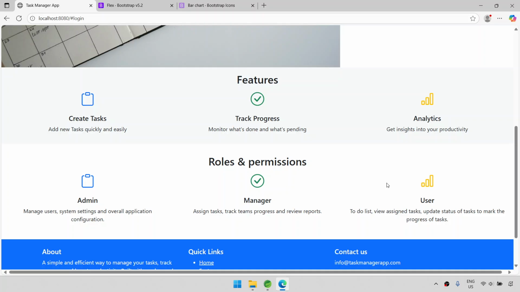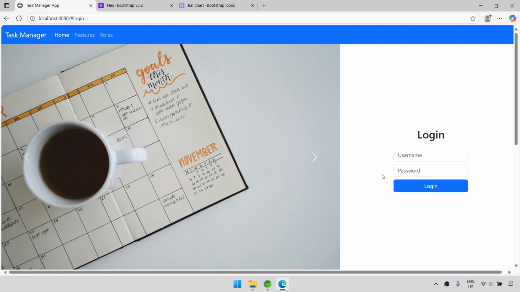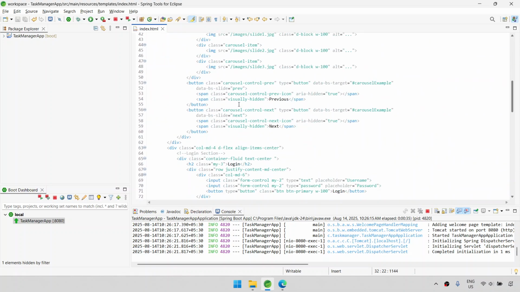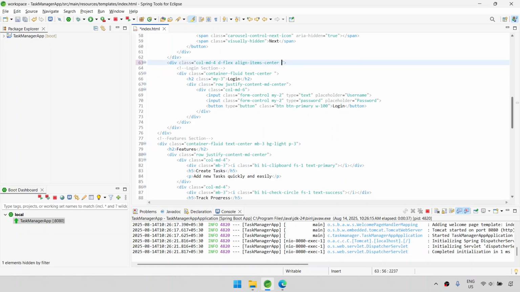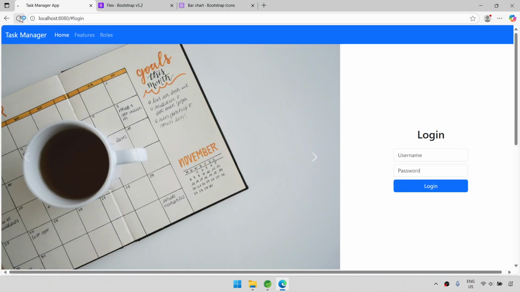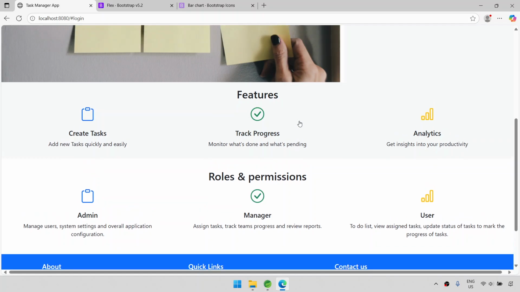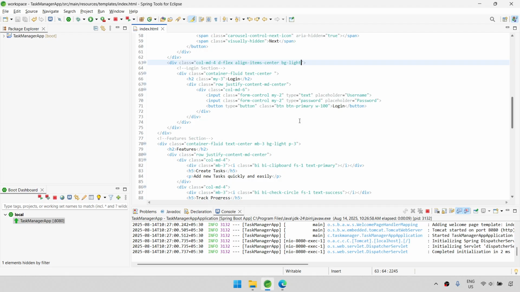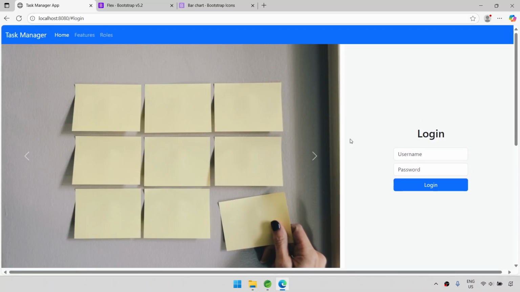Is it looking nice? Or we should make one more last change, and then we will wind it up. This is fine. In this one, BG light. Now it's good. my3 my3 my